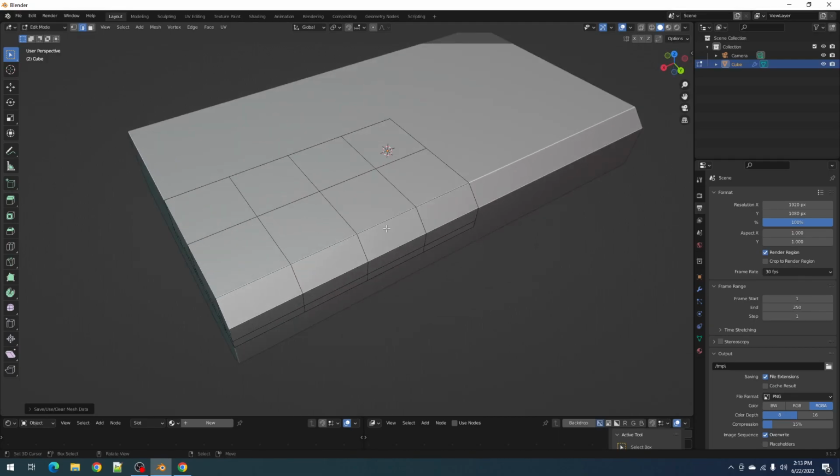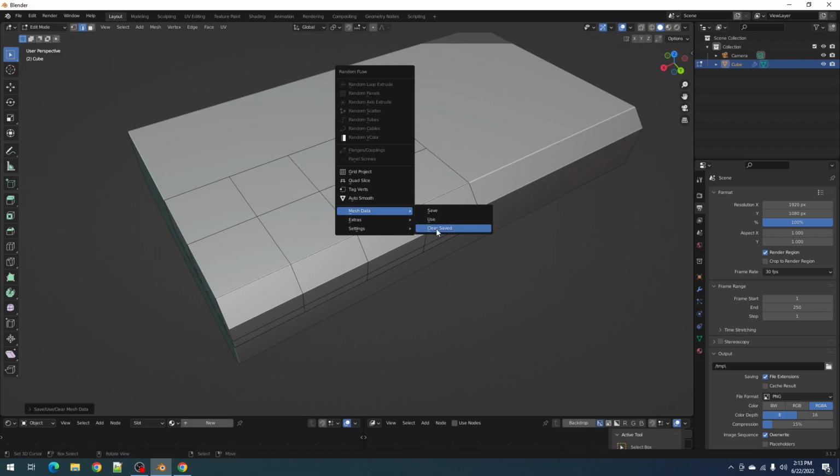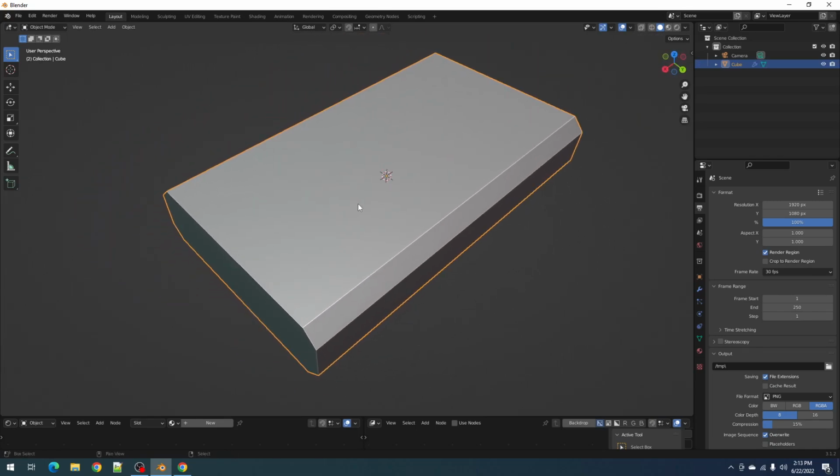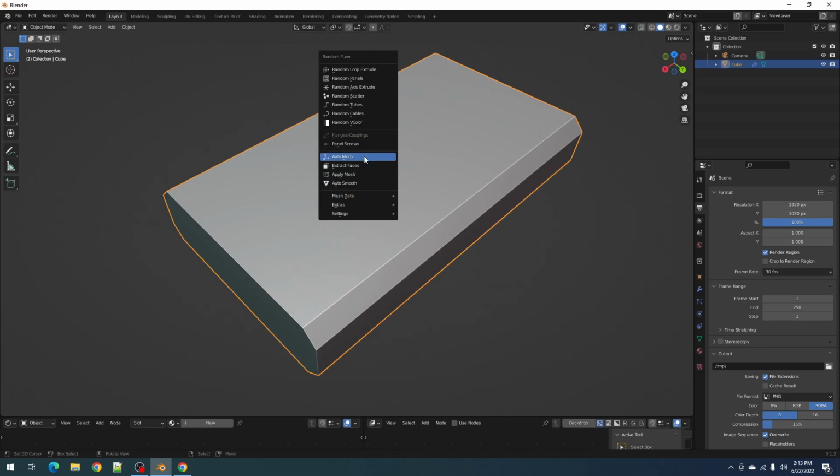That mesh data is being saved as temporary data that has a user in it. So basically, if it has a user, it won't be deleted if you close Blender. As long as you save Blender, you should save first before closing Blender, and if you open it up, the mesh data that you've saved will be preserved. So there's two methods of changing the topology to change the result of the randomization, and that's by extraction or by saving using the mesh data. Okay,